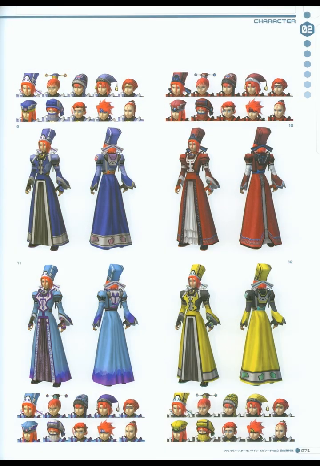This page continues showing the FOmarl character variations with costume patterns numbered 9 to 12. Costume 9 is presented in blue, Costume 10 is in red, Costume 11 is a light blue or purple variation, and Costume 12 is yellow. For each costume you can see both front and back views of the outfit, along with a selection of different head and hairstyle options displayed above each full-body image. The page is titled Character 02, and it is page 071 from the Phantasy Star Online Episode 1 and 2